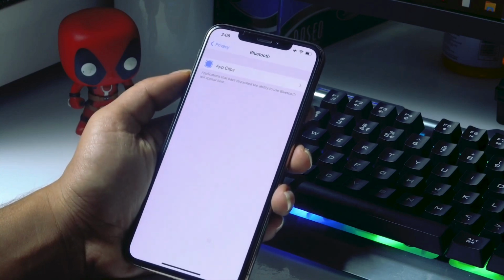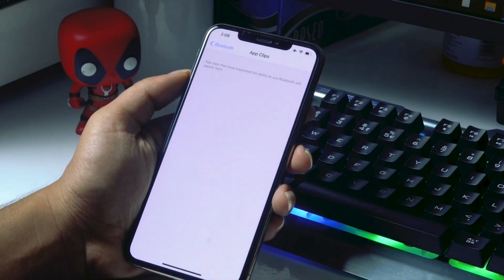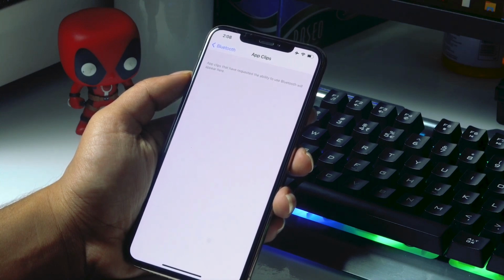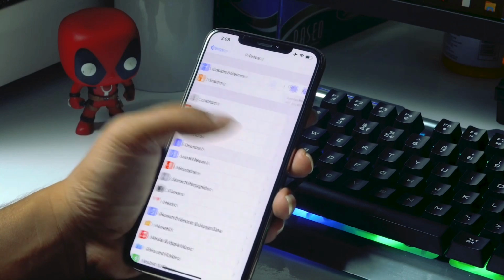Now as you see, you have to click on App Clips, and here those apps will be listed. Right now in my iPhone there is no app which is using Bluetooth while working, so those apps would be over here. You have to turn it on for the situations which it demands. For example, set it to While Using the App, and most probably this will help with the issue, because otherwise Bluetooth will be draining your battery in the background. So let's move to the next solution.